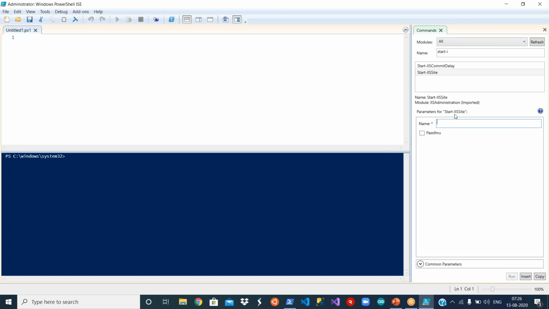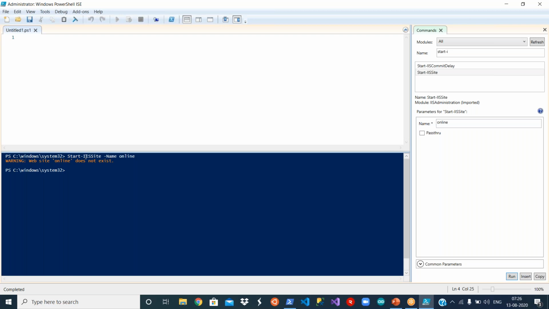So for this IIS site, I just need to give some website name. So let us say online. Okay, and I can run straight away from here as well. At the bottom right corner, you see, just say run. See, on the left hand side, now you see the command is executing. So if you don't know the command syntax, this is the easiest way to know. Of course, the website doesn't exist.